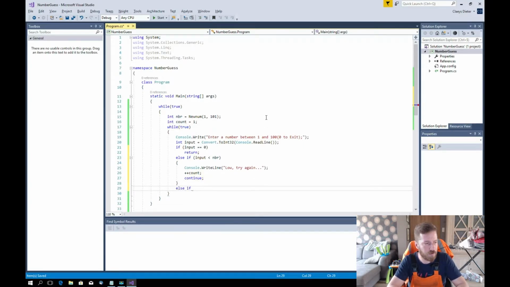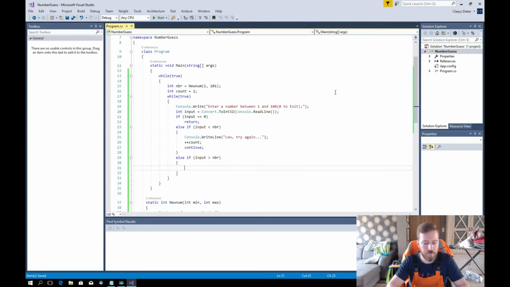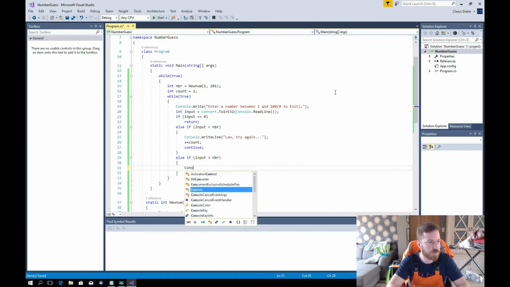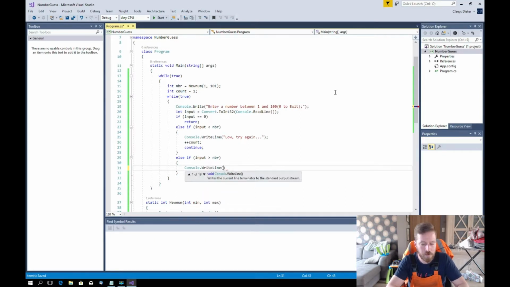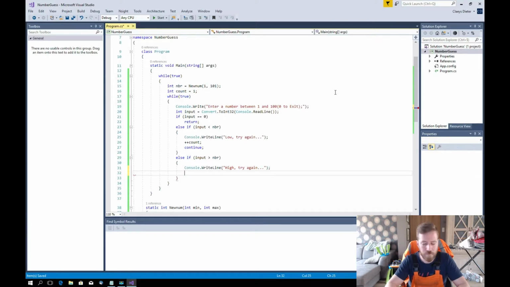Else if input is greater than the number, console write line: value too high, try again. Count again, continue. Okay, then else